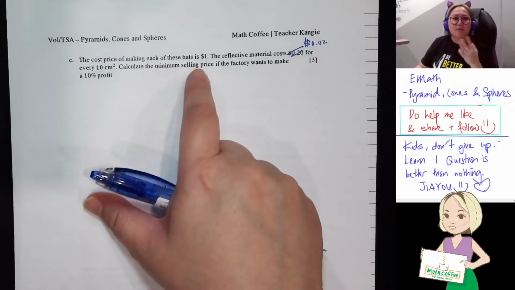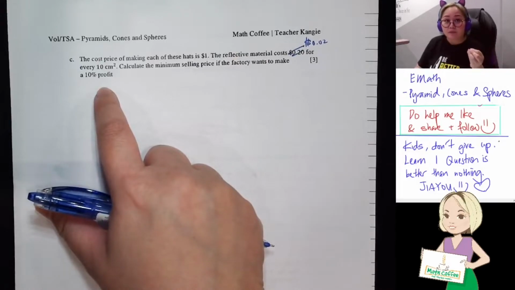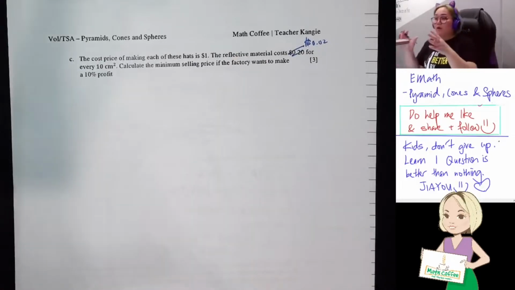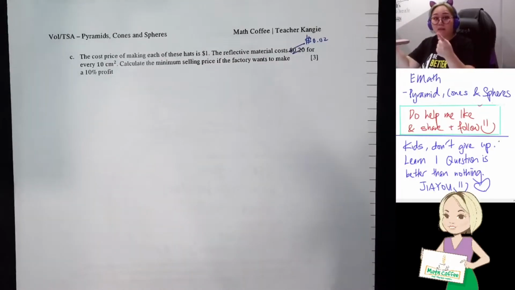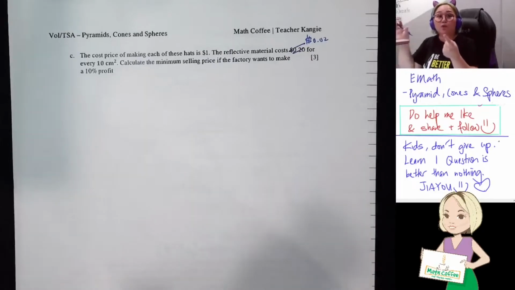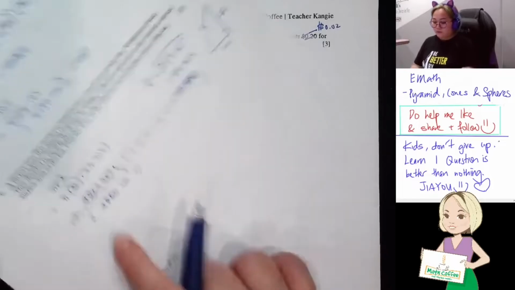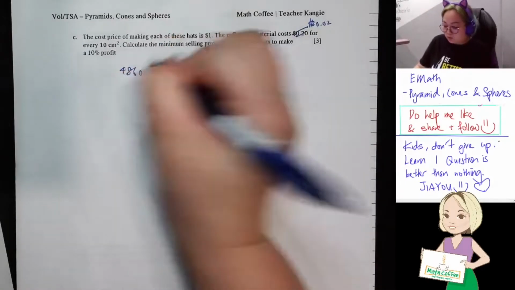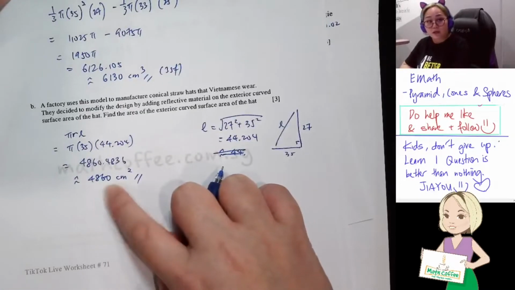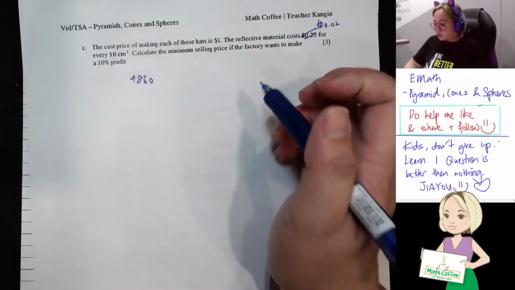Find the minimum selling price of the hat in order to make a profit of 10%. So let's calculate. I already know that the cost of making the hat is $1 plus I need to calculate the material for the curved surface area. Remember just now previously we already have the curved surface area, which is this one. So I'm going to take 4860. Take note, don't use the rounded off. Just now when I round off, I put 4860, right? But when we do calculation, we always use the long number to do calculation. So you take